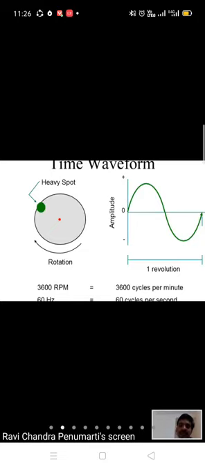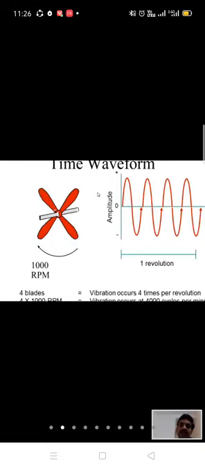So again, if we come back to our vibration, this is generating this waveform. So there will be many causes of vibration. Now we are dealing with one heavy spot. It is generating this time waveform. And in the same compressor, you will have a cooling fan there. For any compressor, to cool the motor or anything, you will have a fan on the non-driving end.